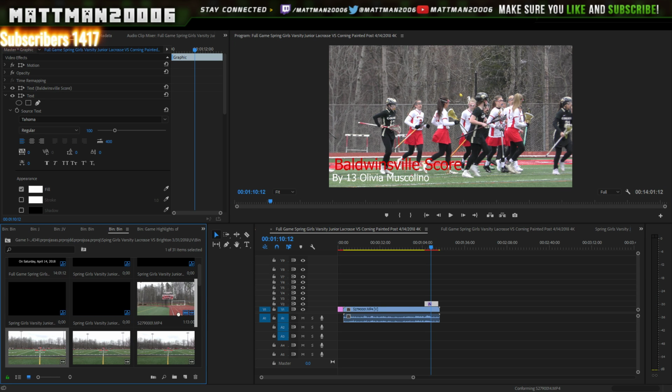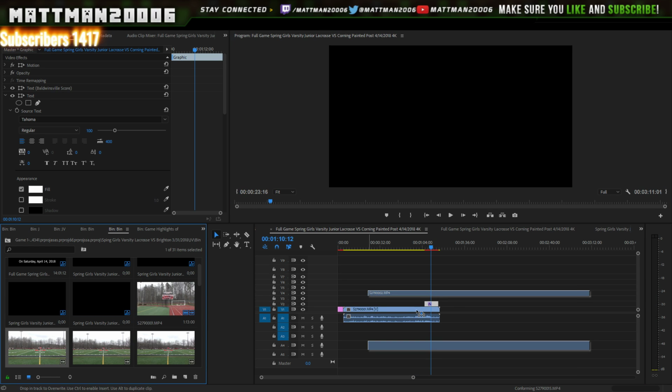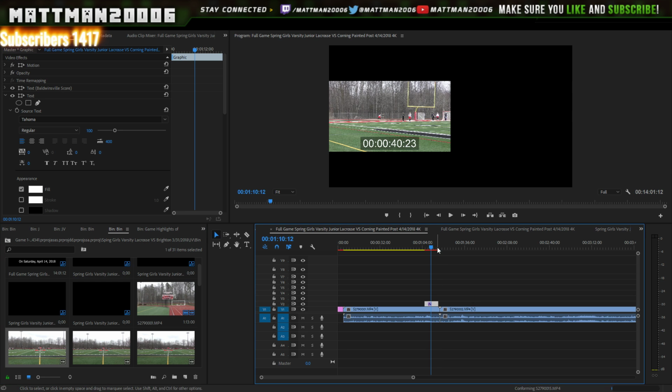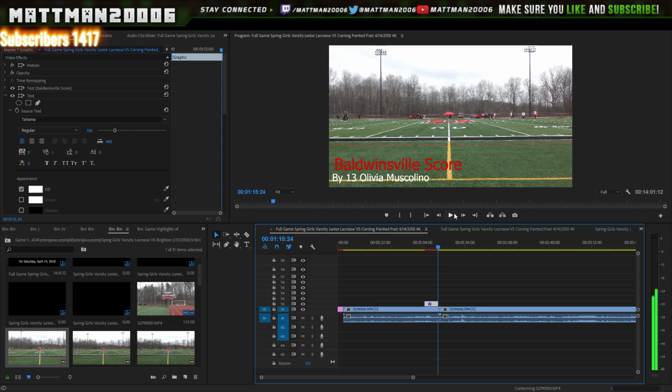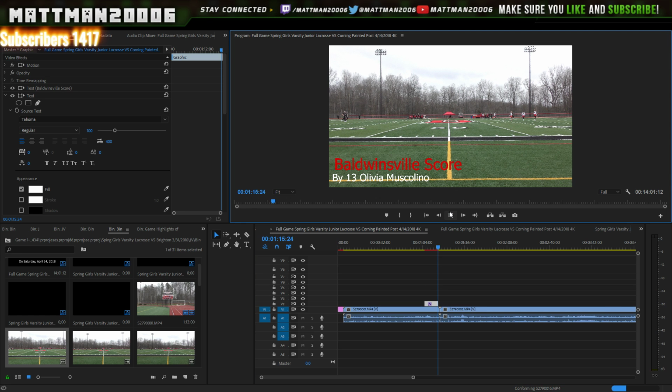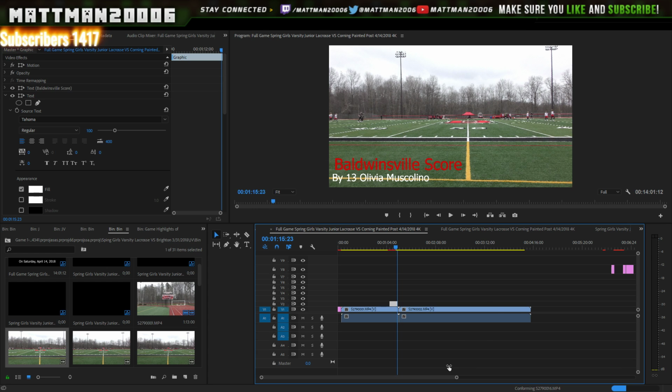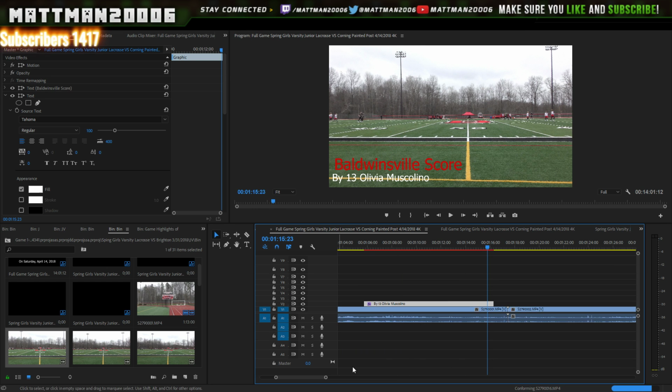We're just going to bring it in and put it right next to here. What I usually do now is go to the end of this clip and double check to see if there's any glitching. This thing down here is the bar that you can move in and out. I don't know why the red line is here, but